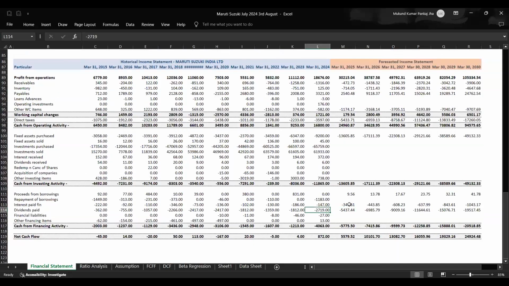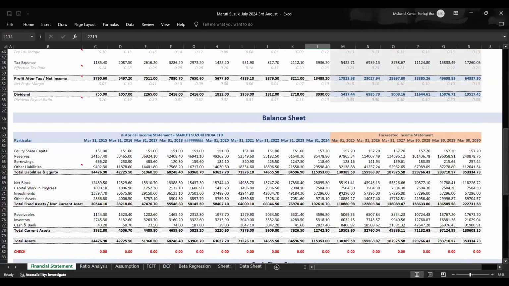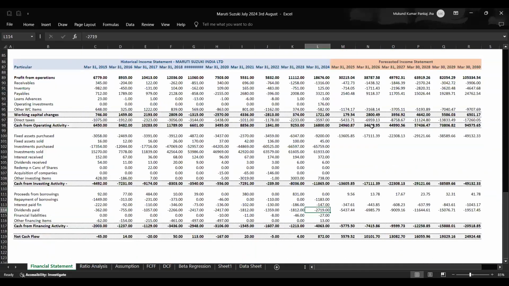In the forecasted cash flow. But this is related to the accrual concept of accounting, if you remember. So the cash flow statement, if you see,